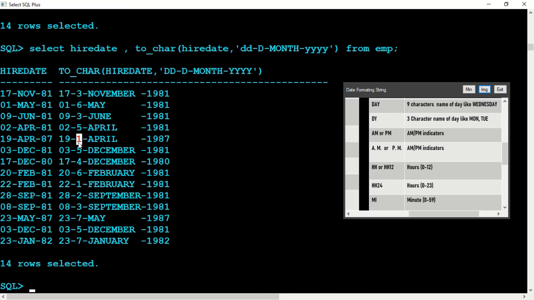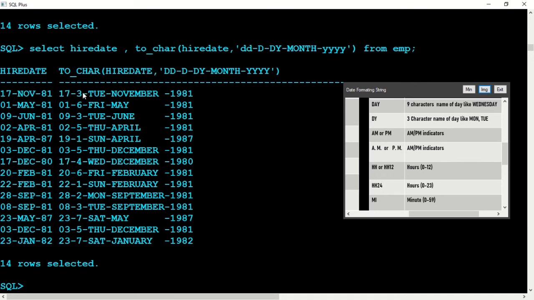It's a bit confusing, so I'll add a dash and say DY also at the same time so that you can understand it. So 3 means Tuesday, 6 means Friday, 5 means Thursday, 4 means Wednesday, 1 means Sunday, and so on. It starts with Sunday as 1, then Monday until Saturday, so Saturday is 7. I hope you understood this also.